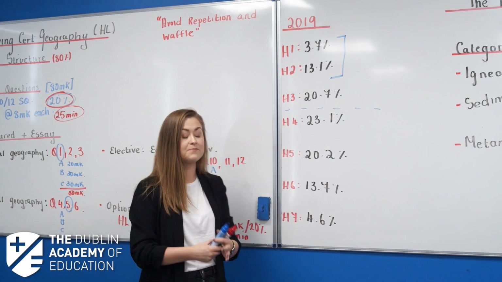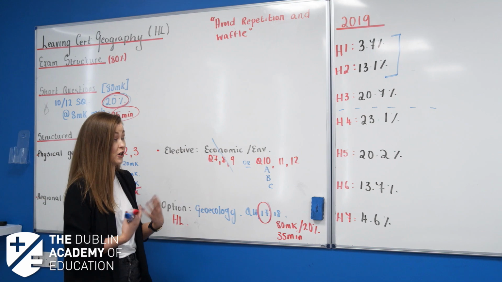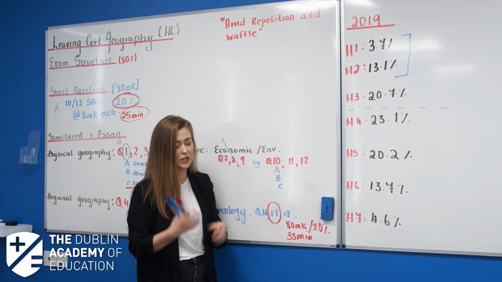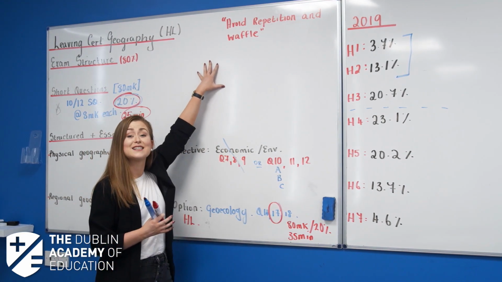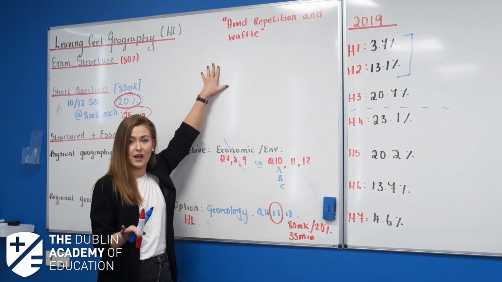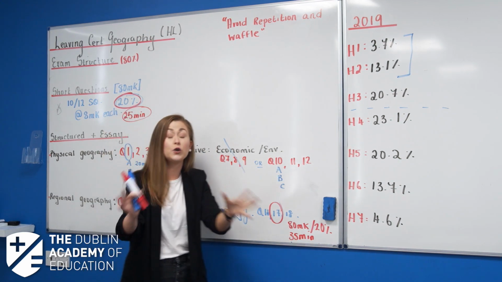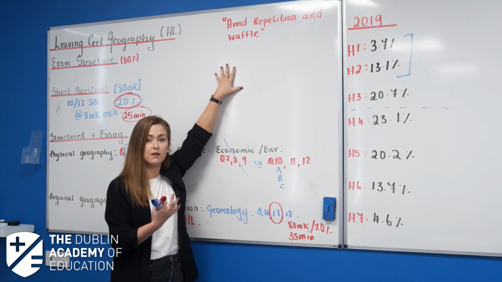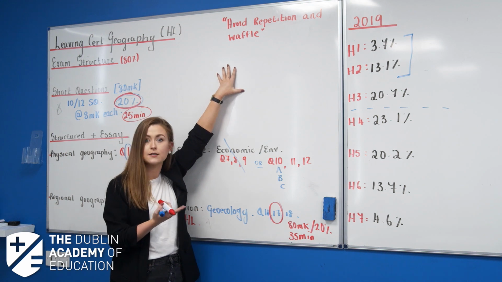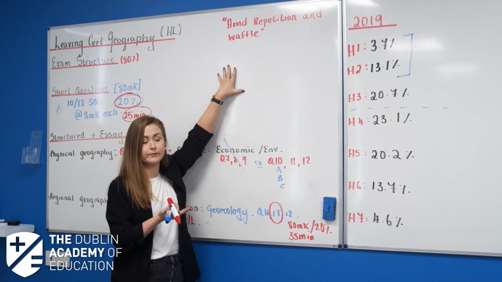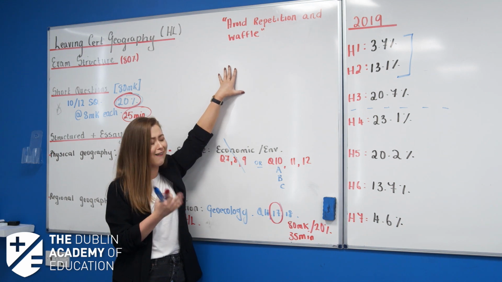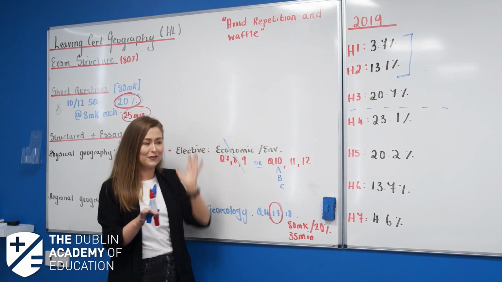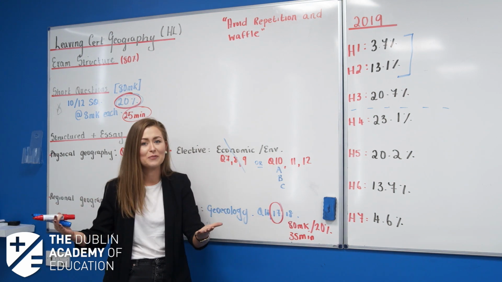Now, what do I mean by perfect? This is something that comes up in the examiner's report or commissioner's report every single year. I like to simplify it down to avoid repetition and waffle. Students will say, I wrote 2.5 pages for an essay, and you'd read it and think, you wrote 2.5 pages of the same thing again and again. You told me limestone is a permanent rock 6 times. By the 6th time, it does get a little bit boring for your examiner, and I'm one of those people.